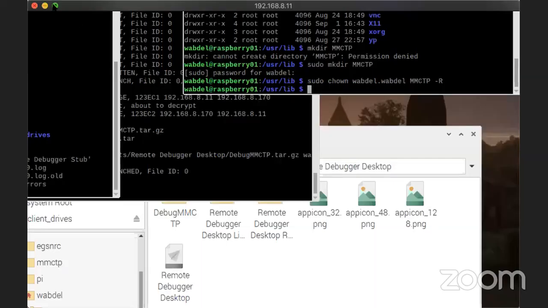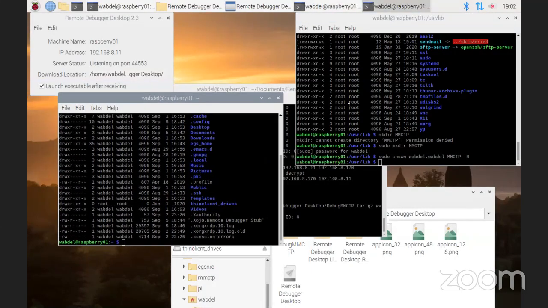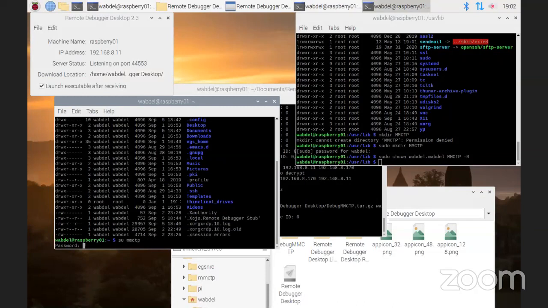So this is my Raspberry Pi. I have everything, not on a virtual machine, but on my Raspberry. I have a directory. I have configured EGS, installed it, and it's not under my username, but a different username, which I called MMCTP. So if I switch to that,